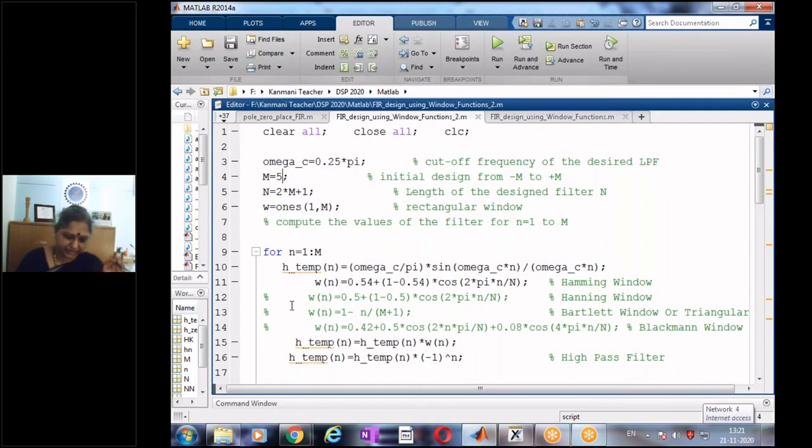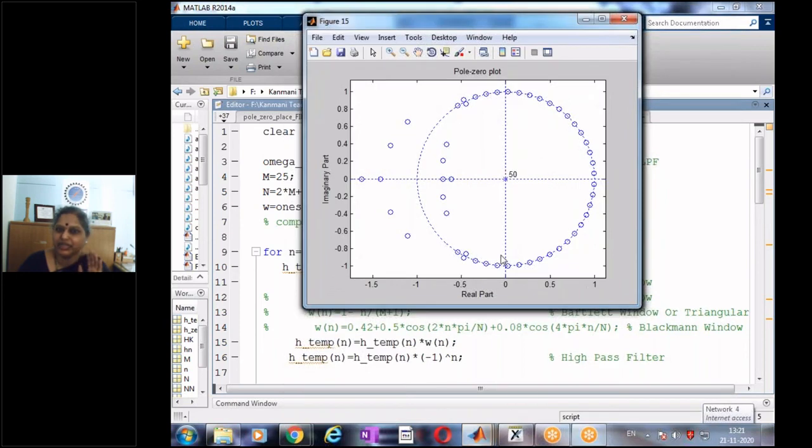Now let me increase the length further, and let us say I make the length 51. So I choose m as 25. So I have a large filter length. Let us see the high pass filter. And we have used a Hamming window. Now look at the pole zero plot. We have all the zeros on the right half on the unit circle, and in the pass band. This is my pass band. In the pass band, the zeros are inside and outside the unit circle, whereas in the stop band, we have all the zeros on the unit circle. And this is my transition band, my cutoff frequency of the filter.